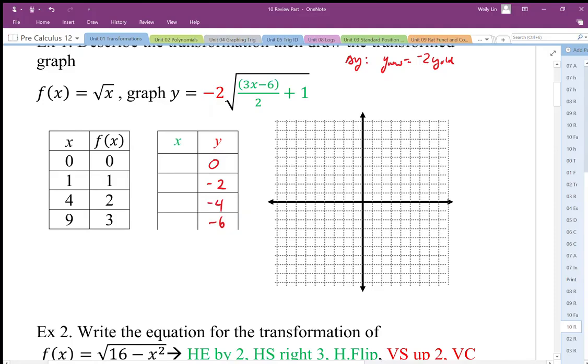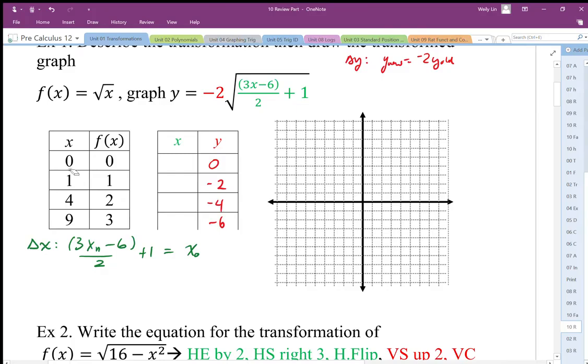Now we can simplify this and put this into factored form if you like, or we can just rearrange it. So I'm just going to rearrange it and do the undoing process. So my change in x is going to look like this. So my expression is, this is my new x, -6 divided by 2 plus 1 gets me back to my original x,